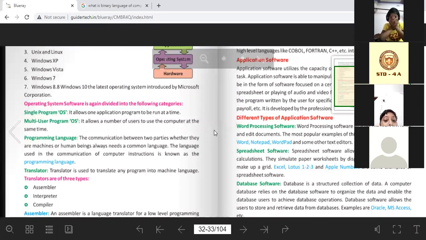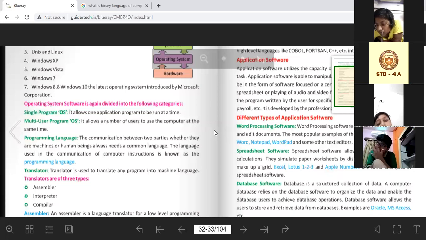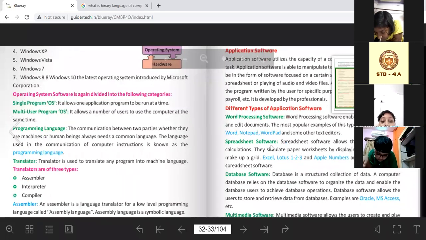One of the most popular types which we use to create a document is MS Word, where we type and you see your answers. Then there is Notepad, then WordPad, and some other softwares are also there which help us to edit the written text or written documents.